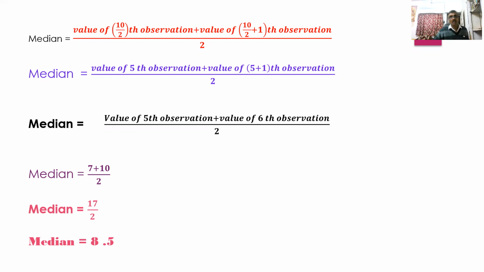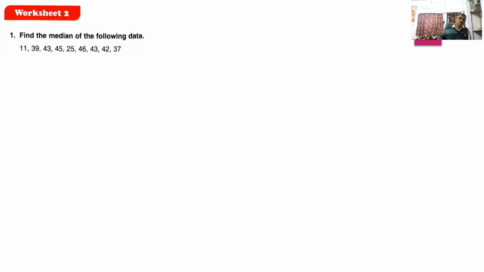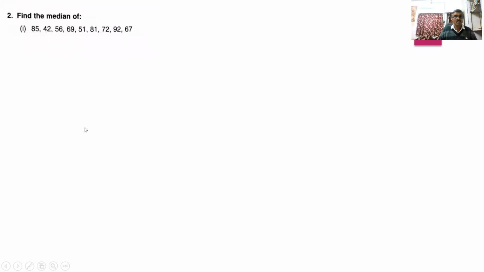Let us do the questions of the book. First question is, find the median of the following data. The given data is 11, 39,